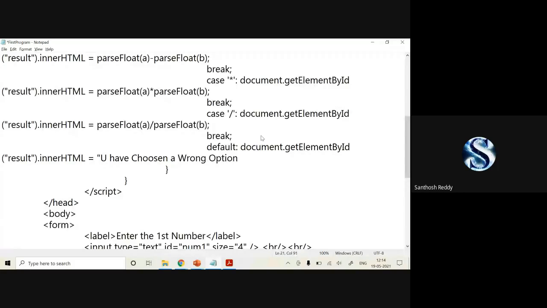Give a semicolon. That's it. Save your code. Now you can work it.